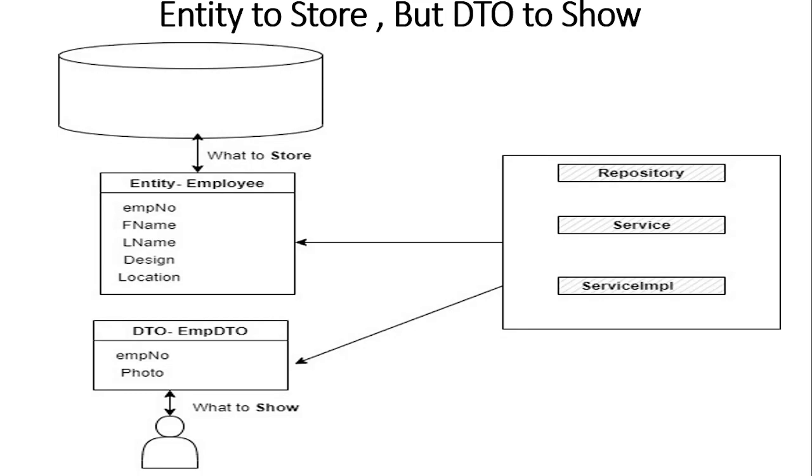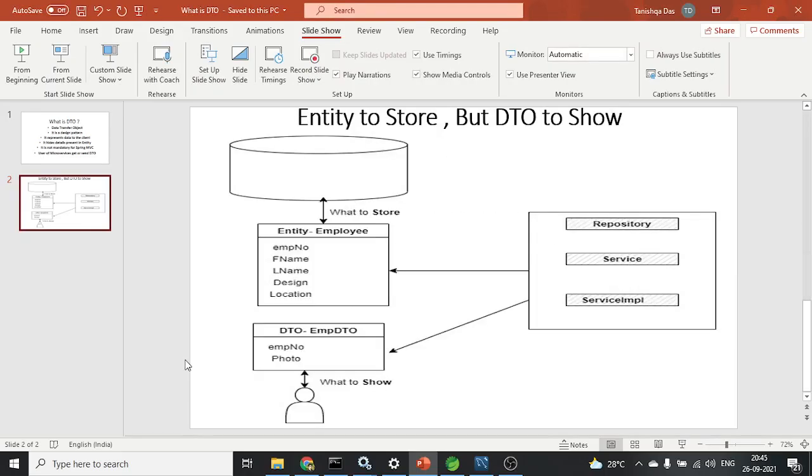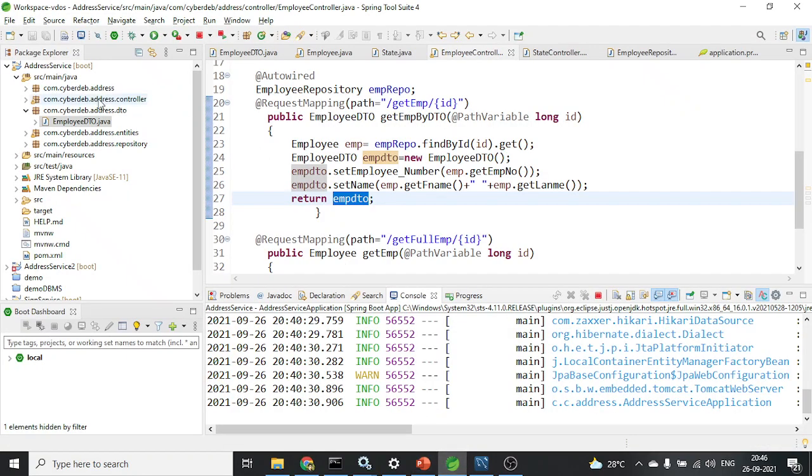We may represent whatever our application wants to present. We cannot present everything to the user. So that is the use of DTO. Let us have a look at an application. Here I have enhanced the application which I discussed in the previous video, the same application which I showed in the last one. I will put it in the description box, please refer to it. I will extend that application, meaning I will add a few things into it.